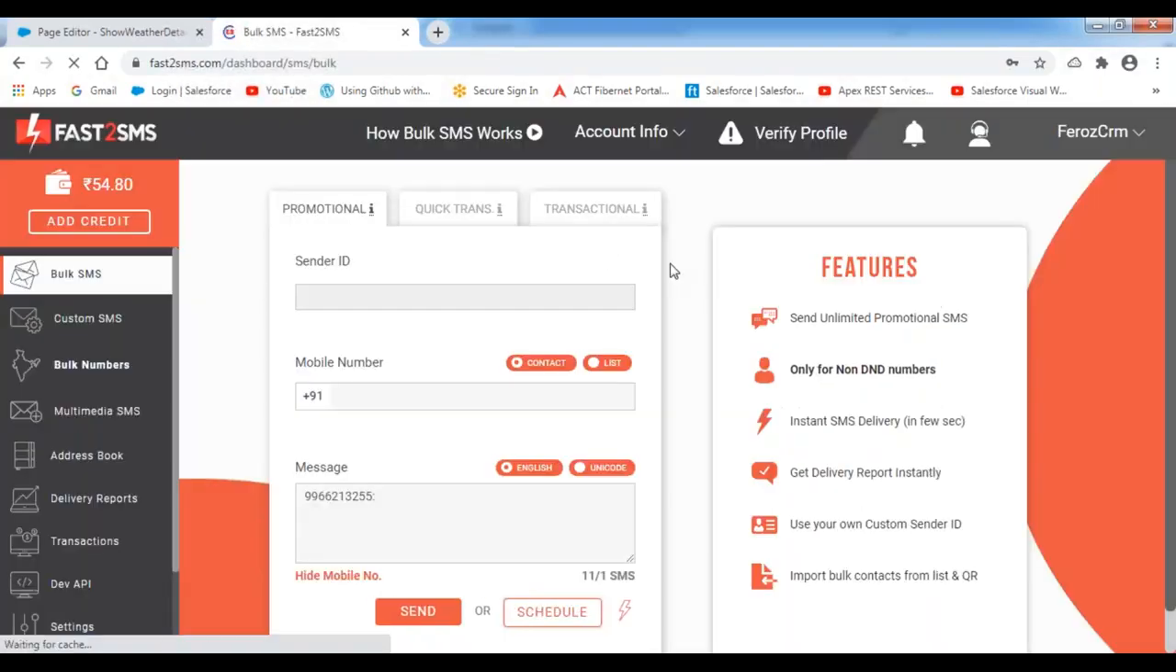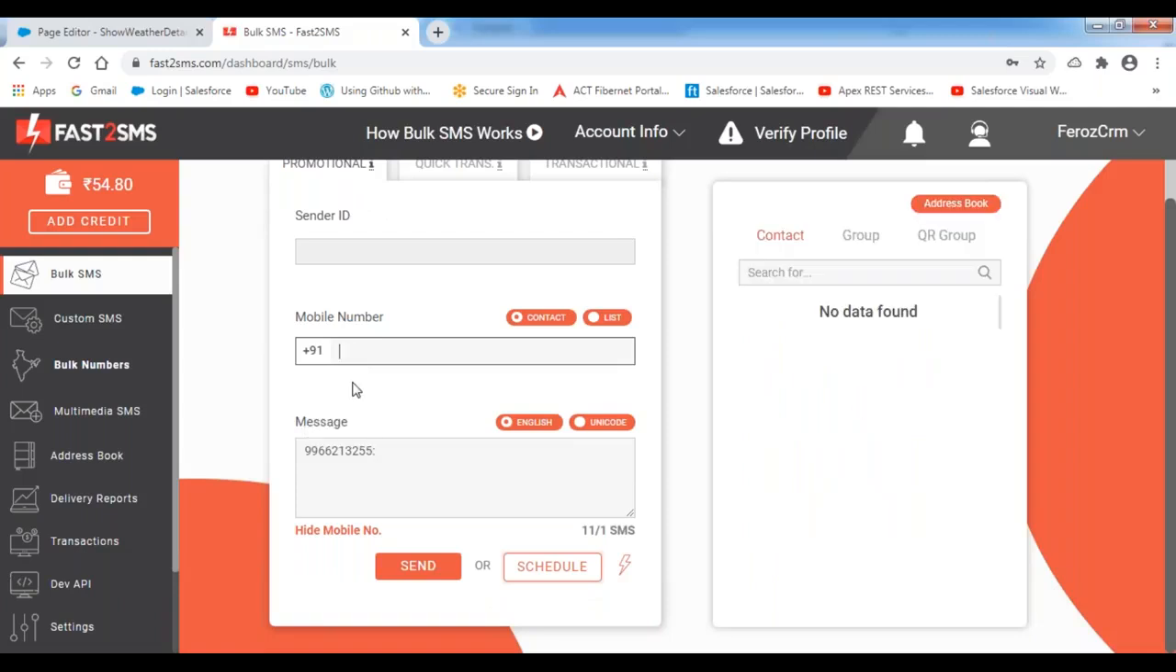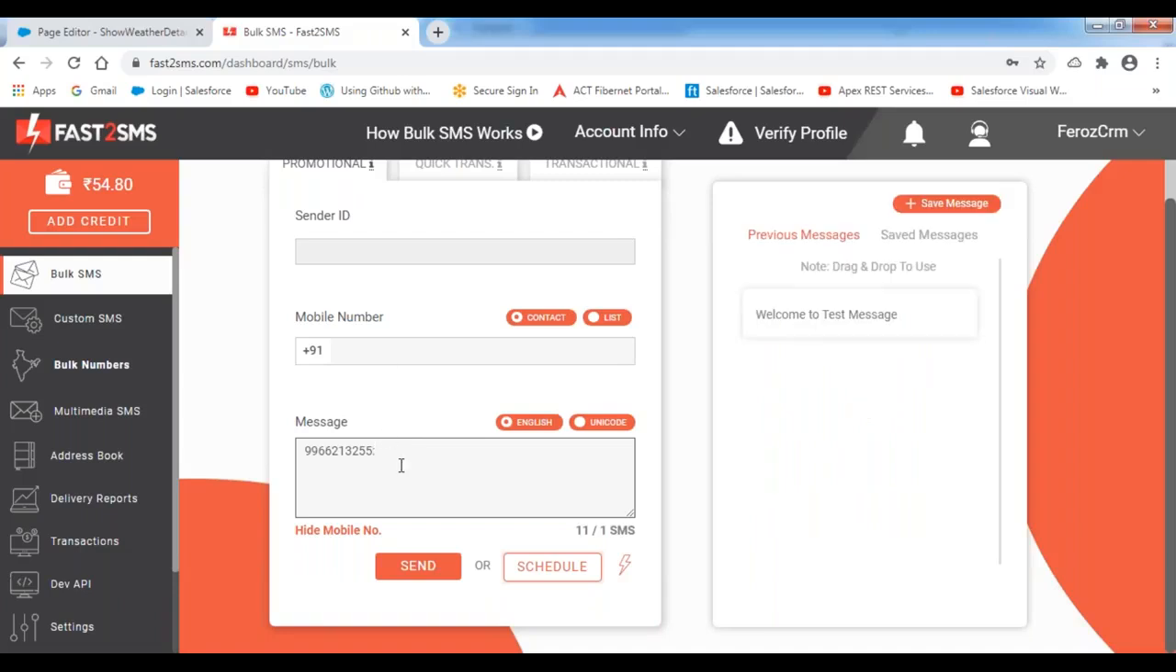I'm logging into this application over here. Now, if you want to send the SMS through this application itself, we can do that. We can specify the mobile number and then the SMS over here, to whom you want to send that